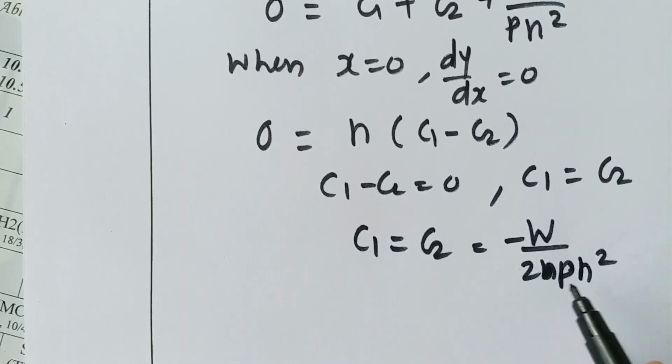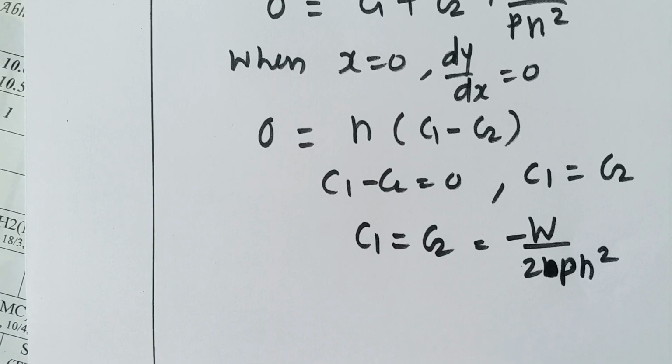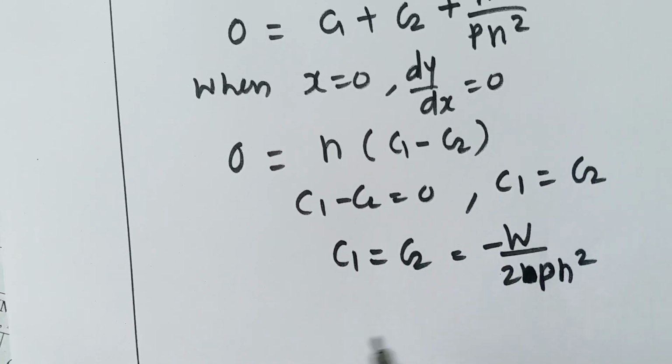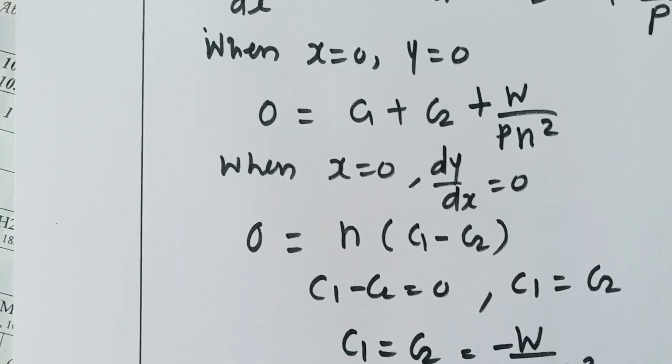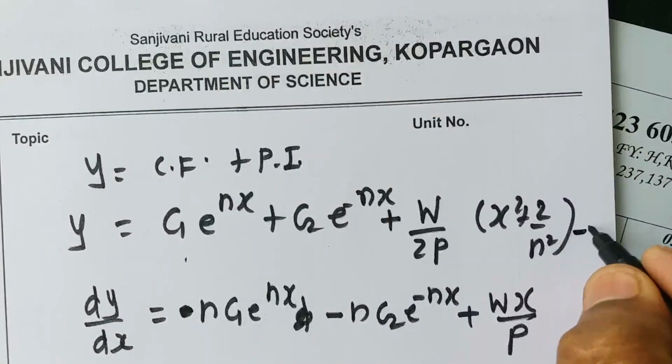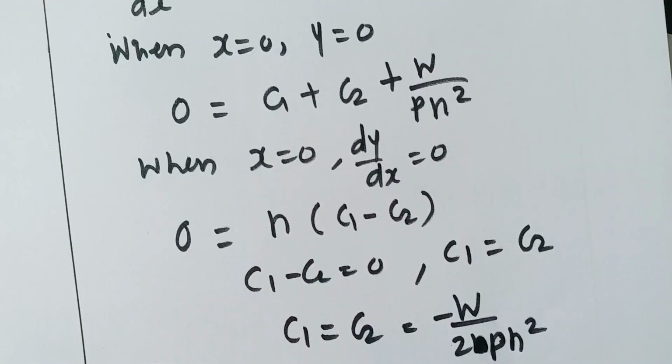So this will be the value, minus 2 times p n square will be the value of both c1 and c2. Okay, now on using this value in the general solution, I will give this general solution number 4. On using in 4,